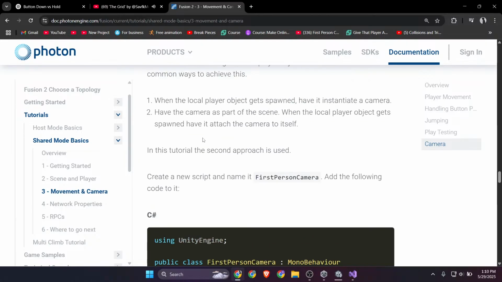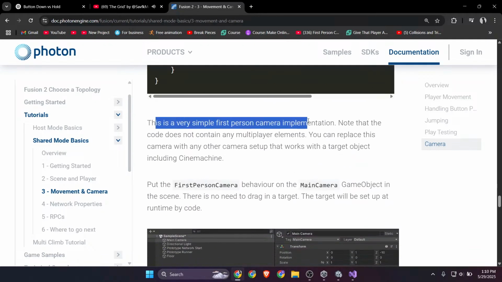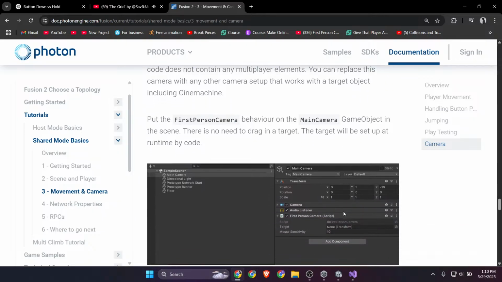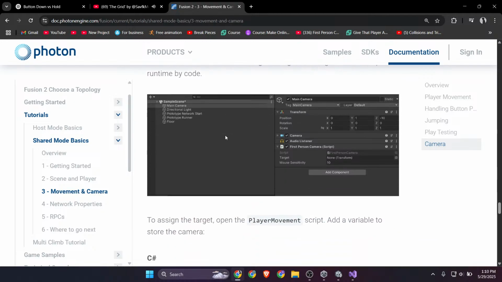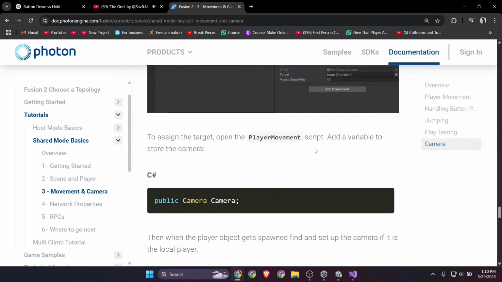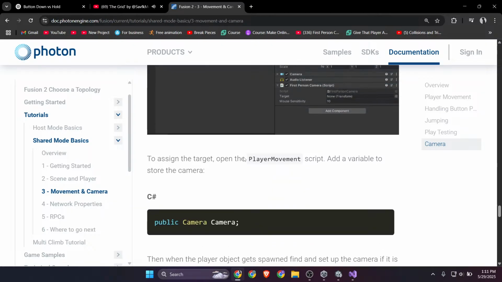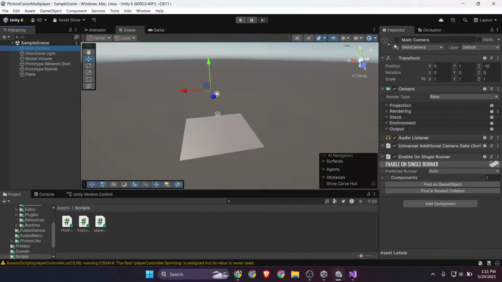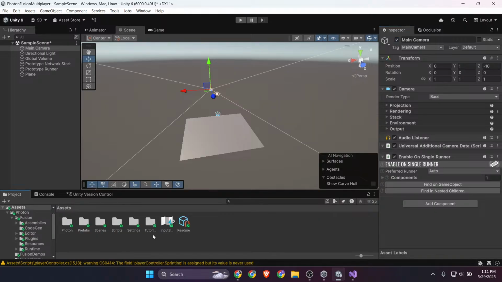Okay, add the code to it. And this is a very simple first person camera script. Note that the code does not contain the multiple element. Yeah, this I know. Behavior in the main camera. So this in the main camera we have to do this. To assign the target, open the player movement script, add a variable to store the camera. Okay. First we have this camera and